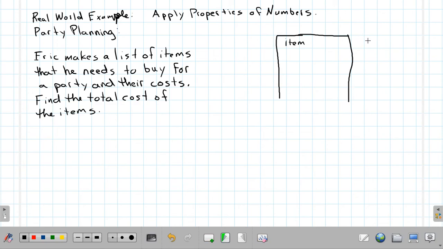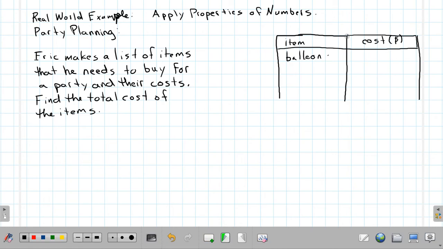This is going to be a bad looking table. So in the first column, he has what the item is. And in the second column, he has the cost of each item. Okay. So in this case, we've got balloons are $9.75. So you got a pack of balloons. It costs $9.75. The decorations he got,